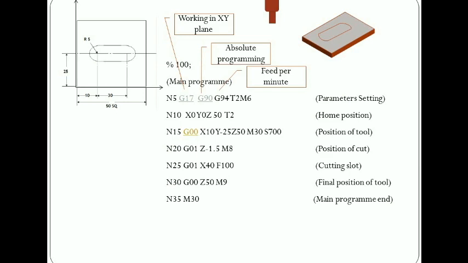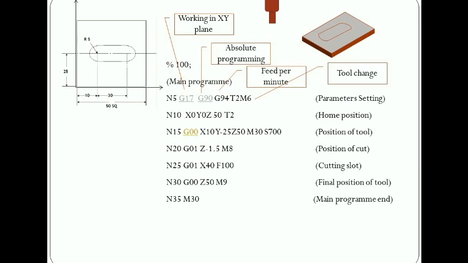The T2 stands for the tool number, which tool you are going to use, and the M6 stands for the tool change operation. So now the parameters are set. Now we have to move our tool to the home position. Normally the home position is decided using the datum line of the machine or the workspace. For simplicity, we consider here the origin is the left bottom corner of the plate itself. It means we are measuring the dimensions with respect to that particular point only.